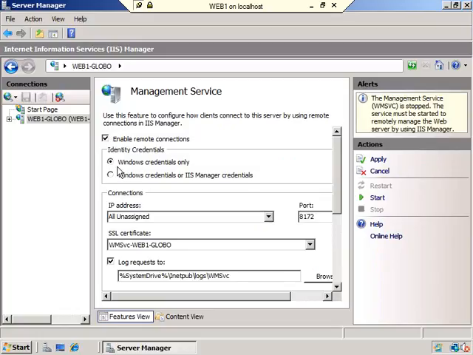Then I need to decide whether I'm going to use Windows credentials only, or Windows credentials or IIS Manager credentials. Now this is kind of a toss-up. You can use Active Directory accounts if you like, but for the time being, in order to illustrate everything that this is capable of, I'm going to go ahead and utilize Windows credentials or IIS Manager credentials. Now under connections, we're going to leave this as it is, all unassigned